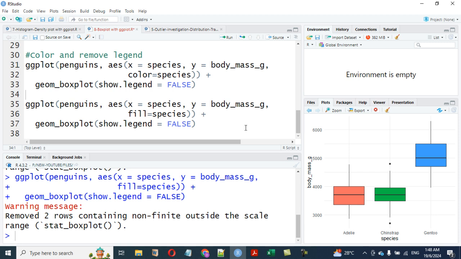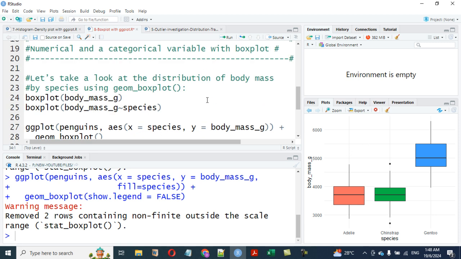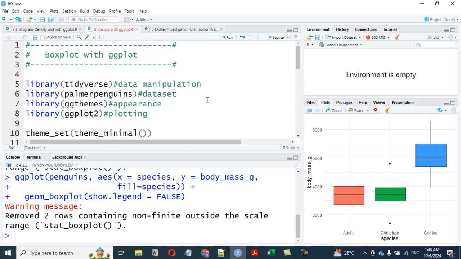So that is that for now about boxplot. I will see you in the next section for further